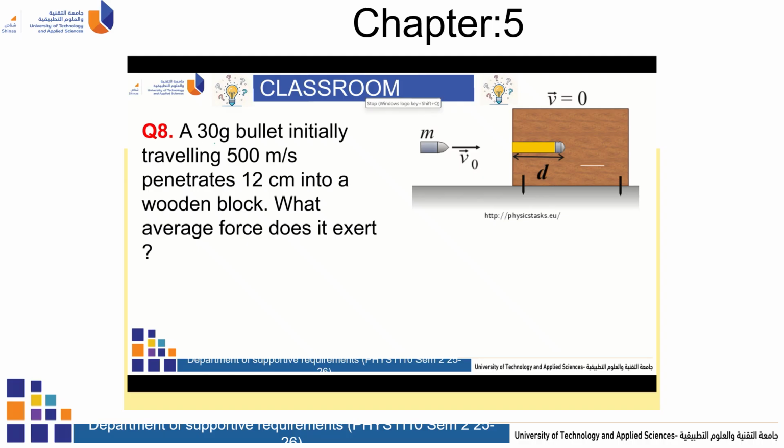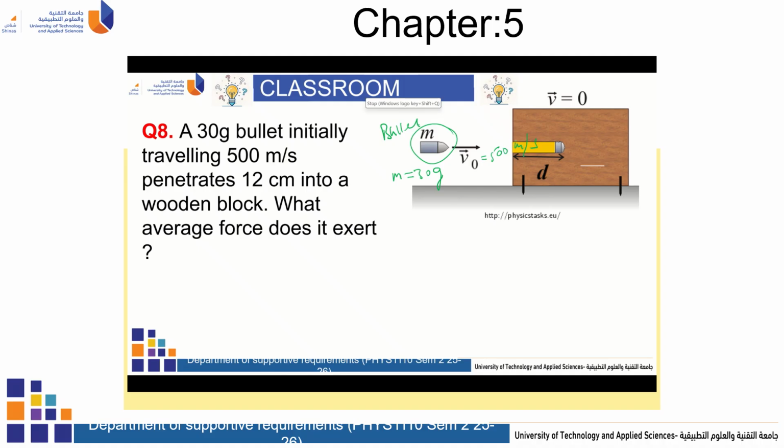there is a 30-gram bullet initially traveling at 500 meters per second, penetrating 12 centimeters into a wooden block. What force does it exert? So they are talking about this bullet. This bullet has a mass of 30 gram, but gram I cannot use, and the velocity of this is 500 meters